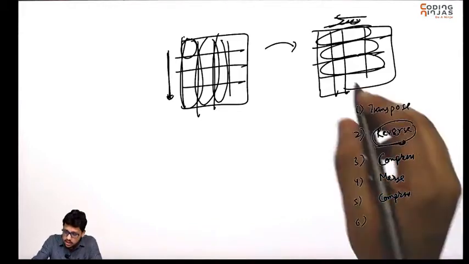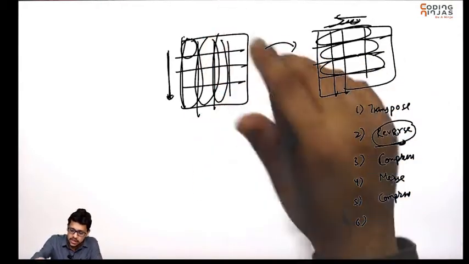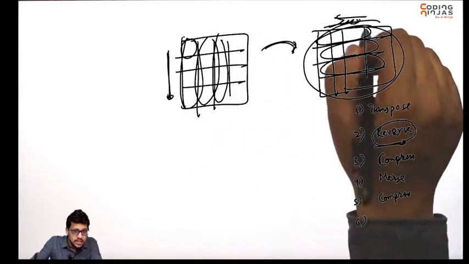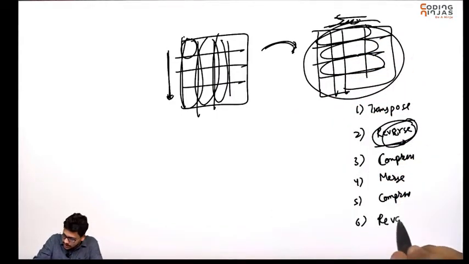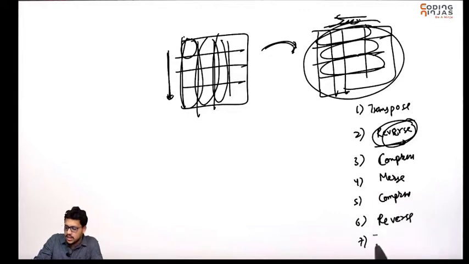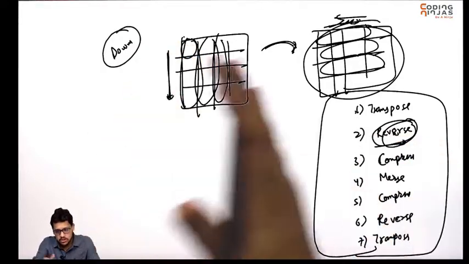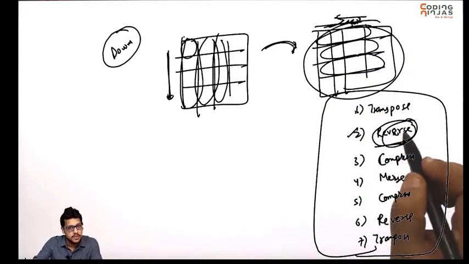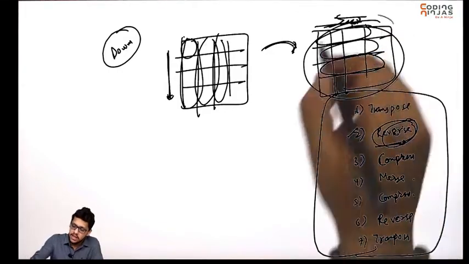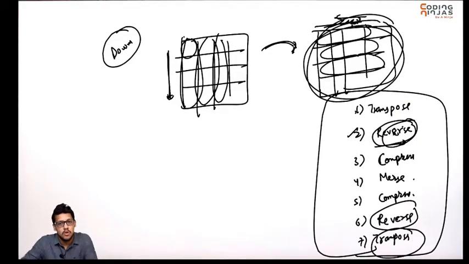Now since you have reversed it, first you will reverse, then you will take the transpose. You have to convert it into the original matrix. In this matrix you first took the transpose, then reversed it. So converting into the original matrix will be, since you reversed it last, first reverse it and then take the transpose, and this will be your actual down movement. Transpose will give a matrix like this. You need to make a right move in this now. So for making a right move, you will first reverse it, then compress, merge, compress, then reverse it again, and then take the transpose, and this is how down movement will happen.